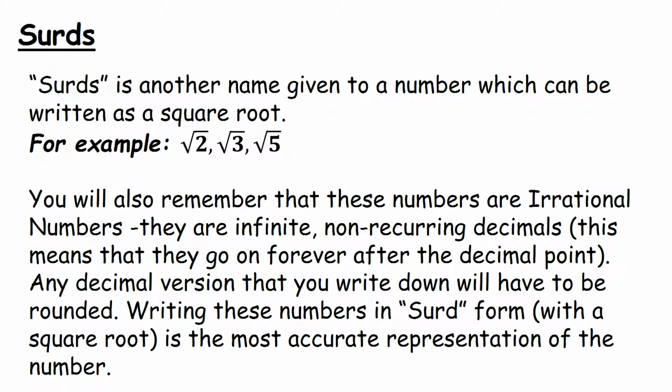They're infinite non-recurring decimals, so this means they go on forever after the decimal point and they don't repeat themselves. So any decimal version you write down will have rounding. Using this surd form is the most accurate way of writing the number. For example, if you have your calculator in front of you and you want to do root 2, most new calculators now, if you type in root 2 equals, you'll get back root 2 and you'll have to use the change button or the SD button, depending on which calculator you're using, to figure out what it is